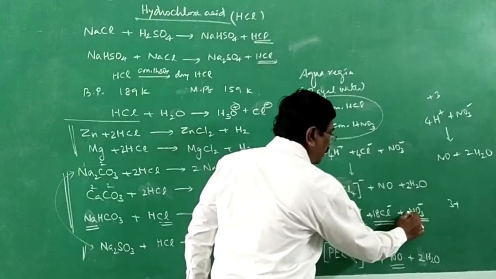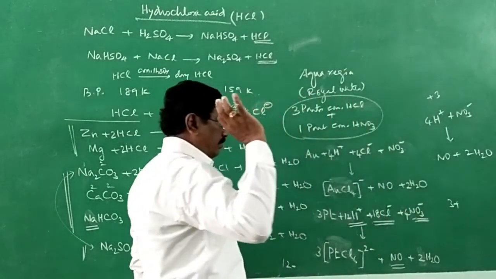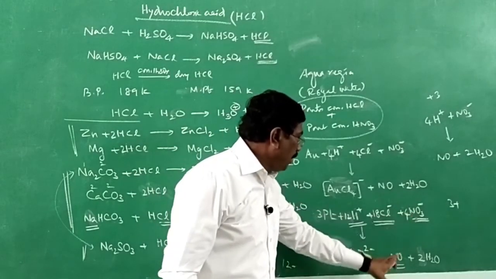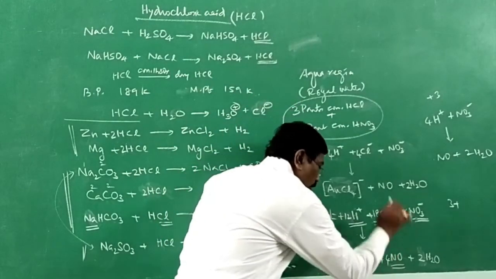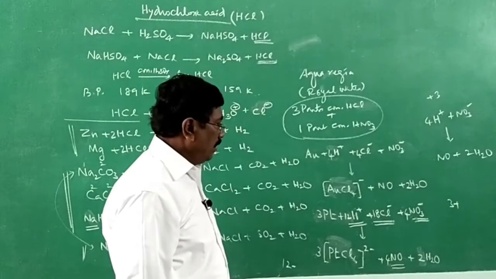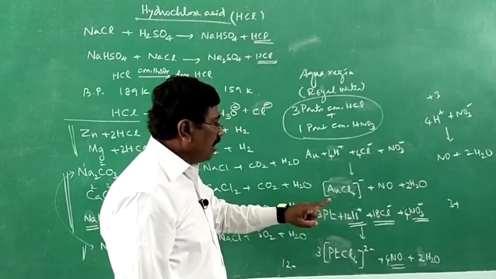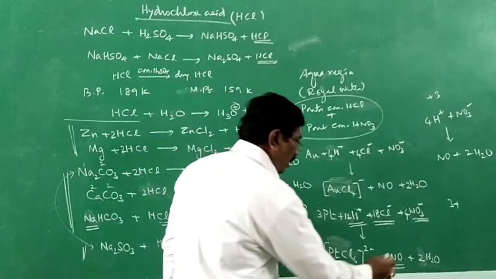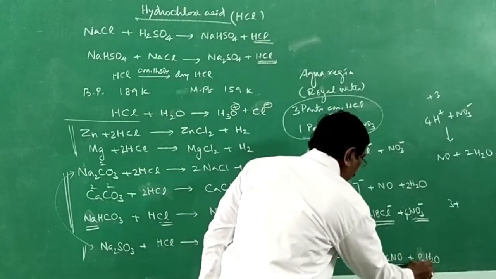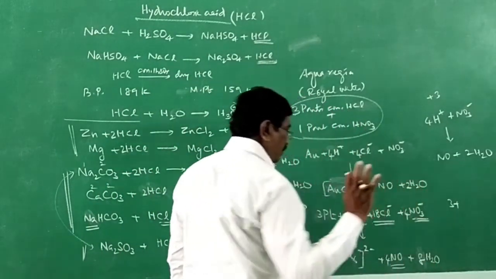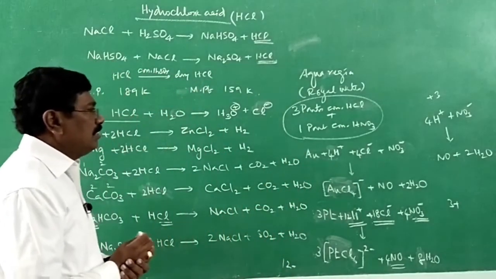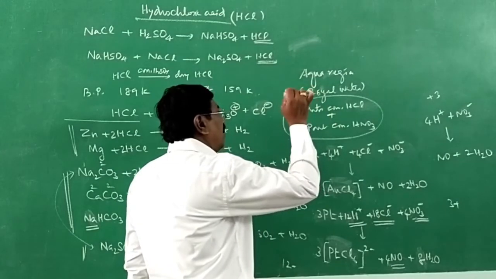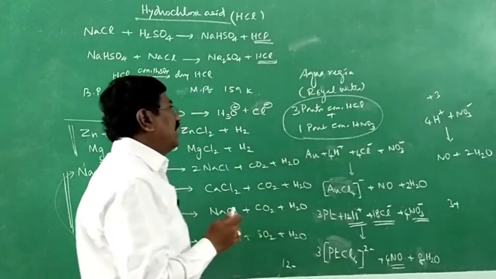It is 4. Now 12 hydrogen. When 4 NO3 minus becomes 4 NO, nitric oxide, how many oxygen atoms are lost? 4 into 2, 8. Therefore 8 H2O. It has to be multiplied by 4, that's all. 4 times. Balanced equation. So, aqua regia or royal water is a mixture of 3 parts of concentrated hydrochloric acid